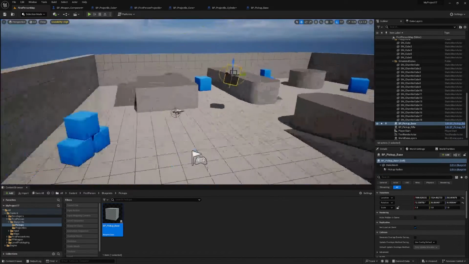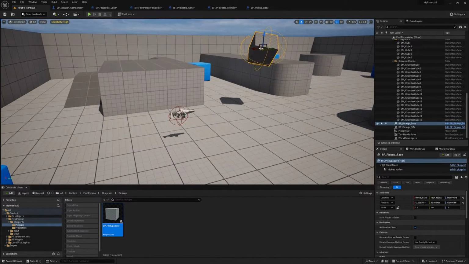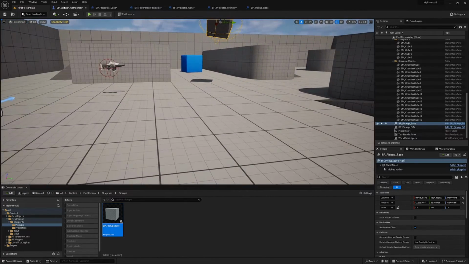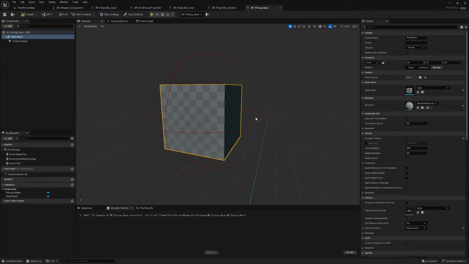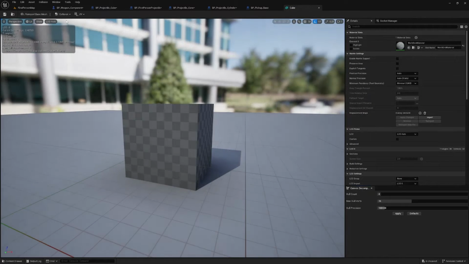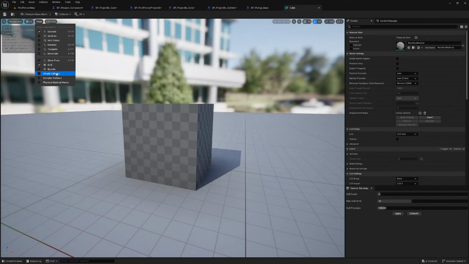This cube has simulated physics on the root there, I think, of the cube. I don't know if it actually has collision. So I'm going to browse to this cube and open it up. And then if I show,